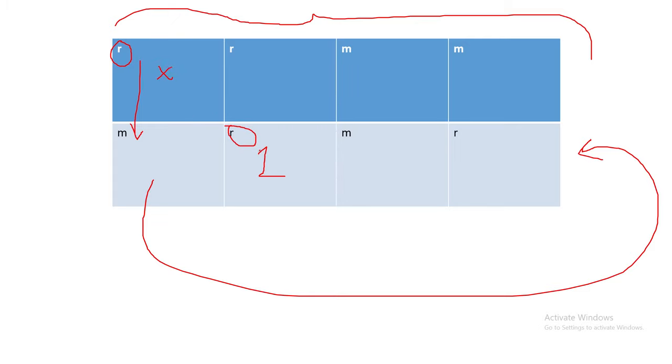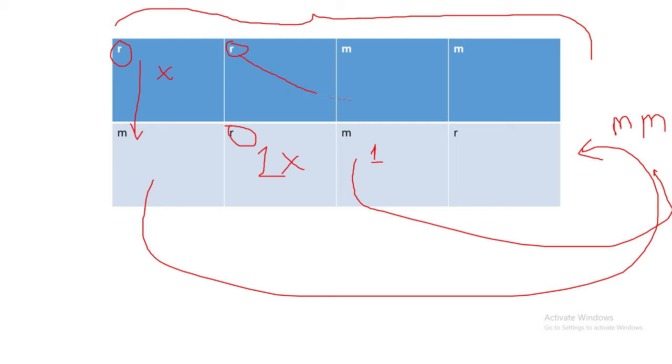Okay, so we have got this, and at the back of the queue there is our M. So again it is R, and at the front of the queue, this is now our first, it is again M. So he will go again to the last, and we will have our M and M at the second last and last position, and this bride will go with this groom, and they will be out of this set.